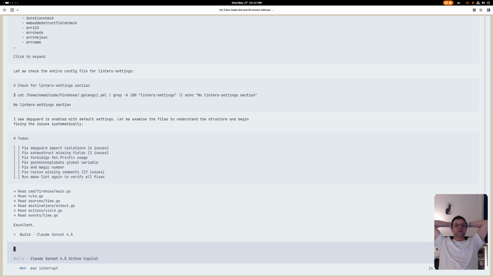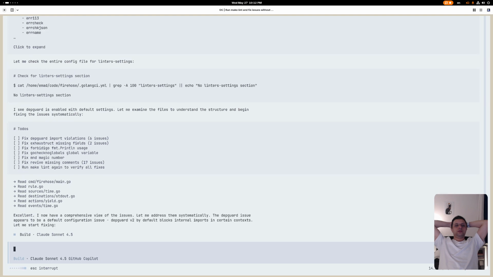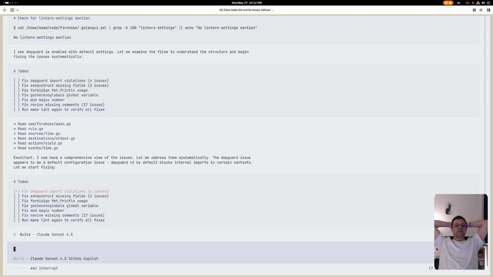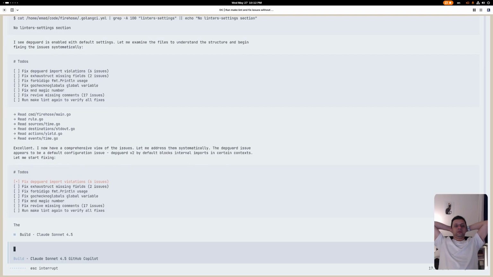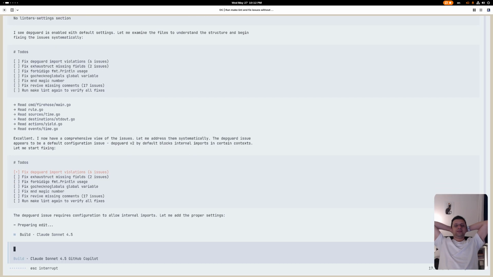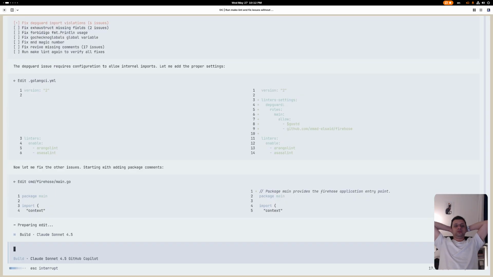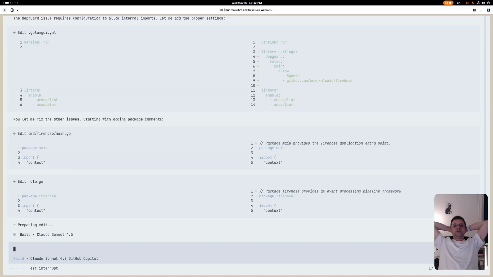You can use different settings. Let's examine the files to understand the structure and begin. I now have... Do you really have a comprehensive view? Do you? Okay, so now